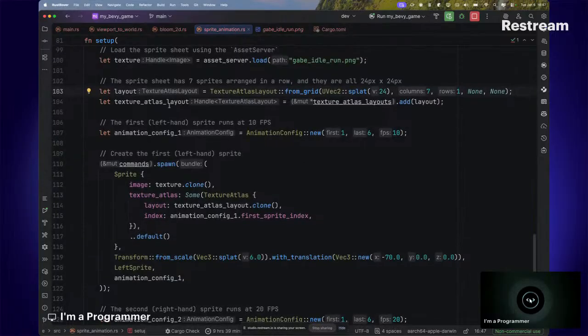So the next thing we do here is we define the texture atlas layout. And how do we do that? We say texture atlas layout. We add the layout itself, which is this that we've defined, to the texture atlas layout. And where did we declare the texture atlas layout? We are initializing it here, right? And we are adding this